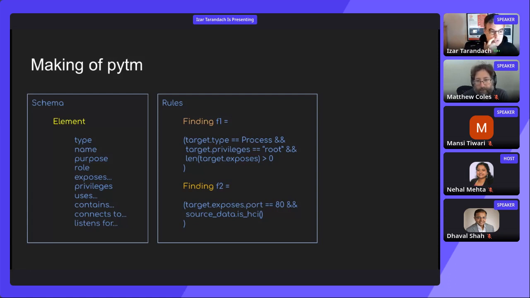So we have these rules that, for example, the first one here, target type equals process. That basically means the element that we are looking at right now, is it a process? If it's not, then this rule has nothing to do with it. Move to the next one. But if it is, then does it need root privileges? Is it an administrator type thing? If it is,